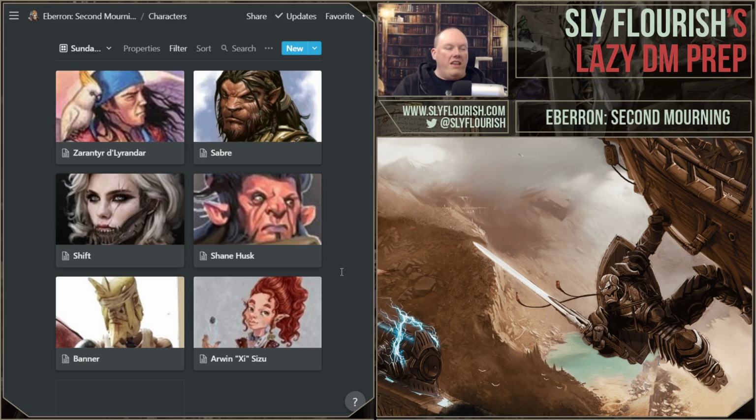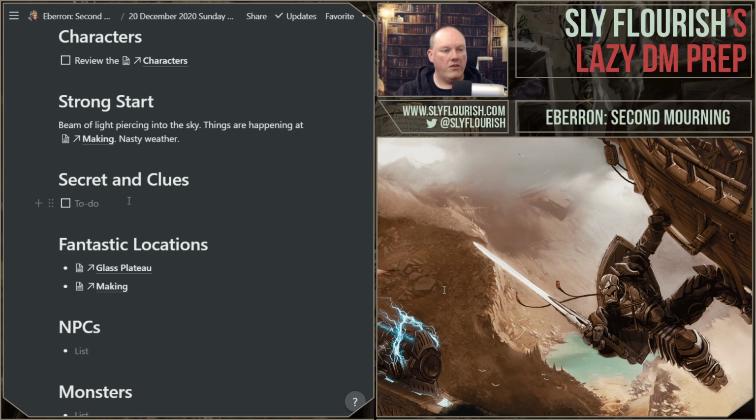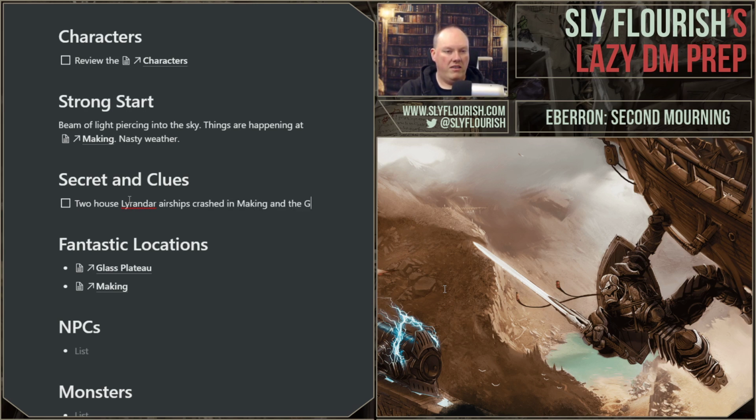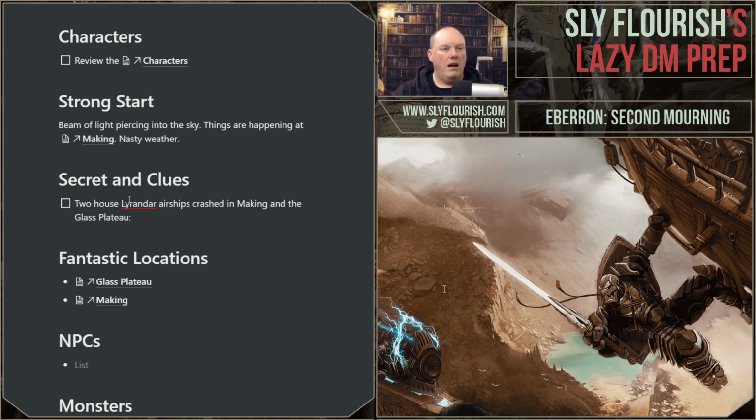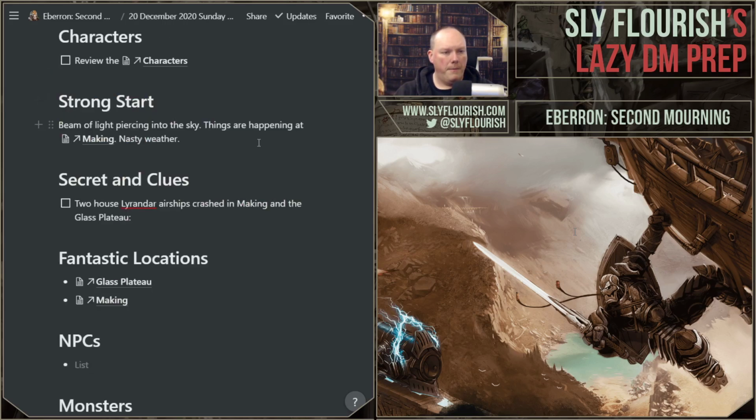I have Zarantir de Lander, house member of de Lander. And one of the reasons that we review the characters is so you can drop in secrets that make sense for a character. And one of the secrets is that 2 House Lyrandar airships crashed in the making of the Glass Plateau. And the names of those airships are the Sky Dancer, and